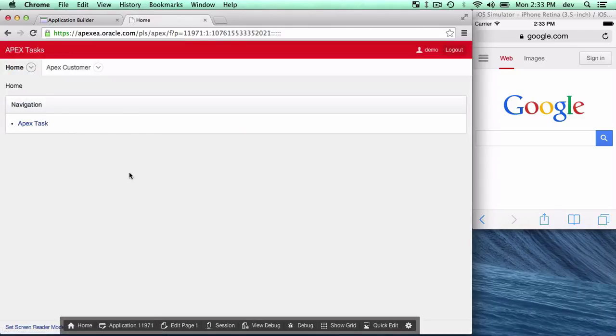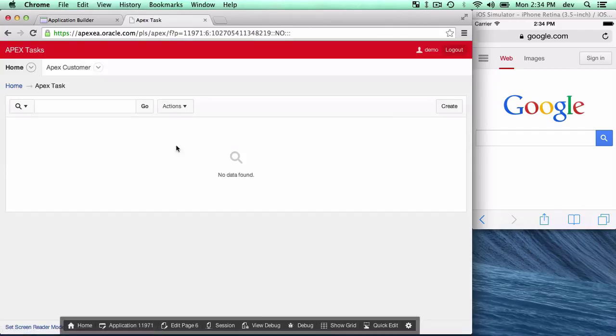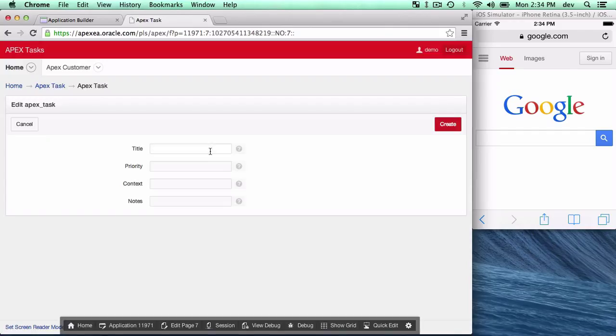So I'm gonna run the application again, and we'll see that we have a task area, so we can actually create new tasks. And here's my title, priority, context. So buy groceries. I guess I do that one a lot. So now what we'll notice is priority and context, they actually don't have any. I want those to be select lists. And so what I can do here is I can